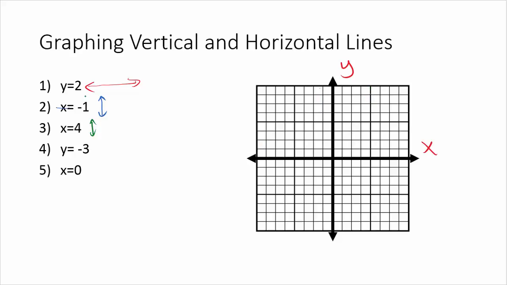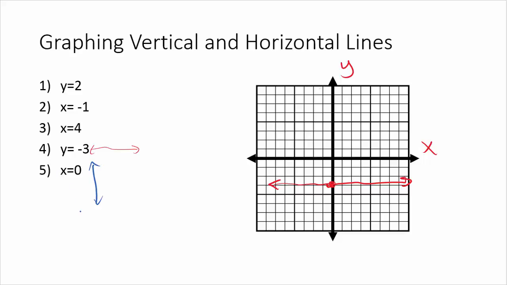Okay, the next one we'll do, let's go ahead and erase these. We'll go ahead and do y equals -3. Again, it's just a y. Should look like the horizon, which means it needs to cross through the y-axis at -3. That's our y-intercept, and it'll go straight across like this. Won't have an x-intercept for a horizontal line unless it's right on the y-axis. Okay, and then finally, we've got